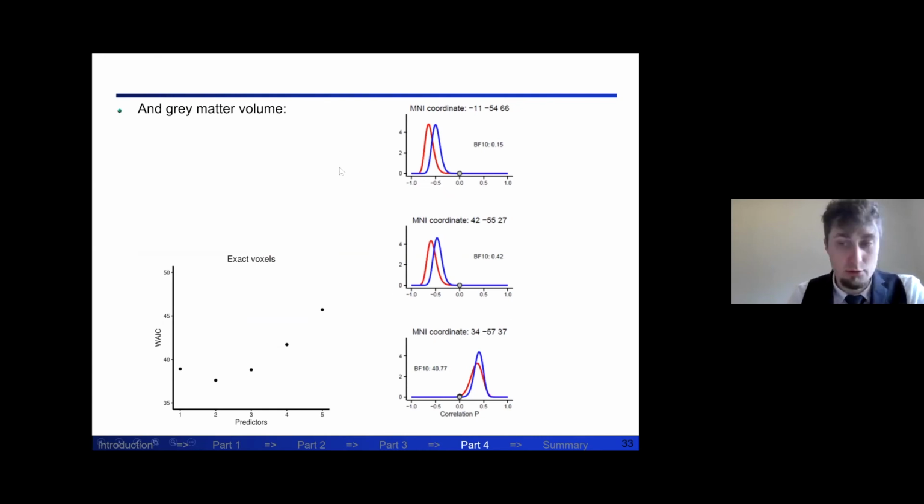If we move to gray matter volume, you have something similar, that the posterior is shifted towards smaller effect sizes for two of them, except one of them where it's actually spot on the earlier result, in which case the distribution just gets sharper, the estimate narrower, and you have a very high Bayes factor of 41. But Bayes factors alone can be a bit difficult to interpret, so it is, in general, I think, better interpreting the shape and position of the posterior distribution.